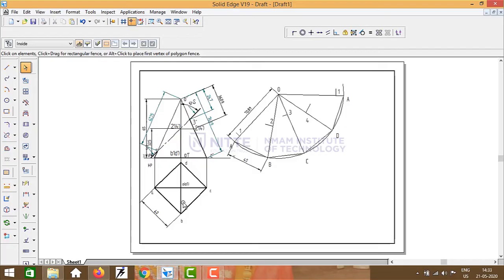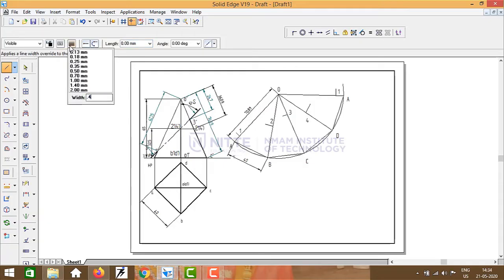So this is a square pyramid. All these surfaces are cut in a straight line manner. Remember, for a pyramid it is cut in a straight line manner. So you can join these edges between